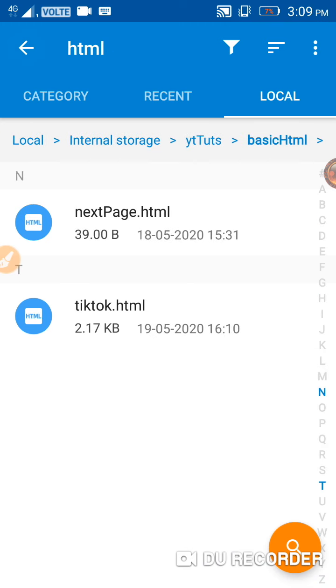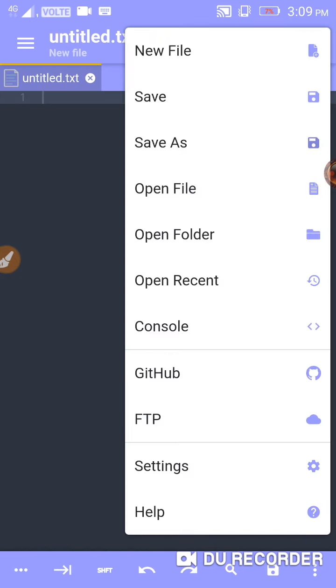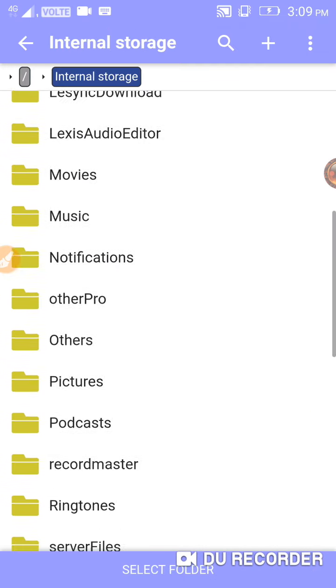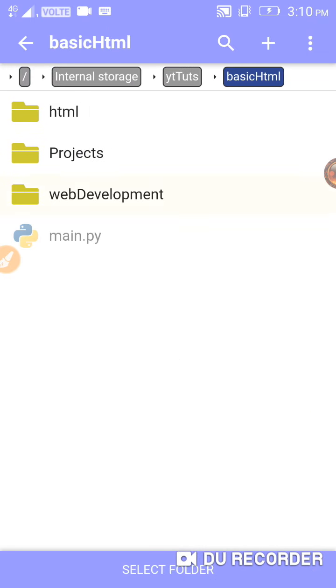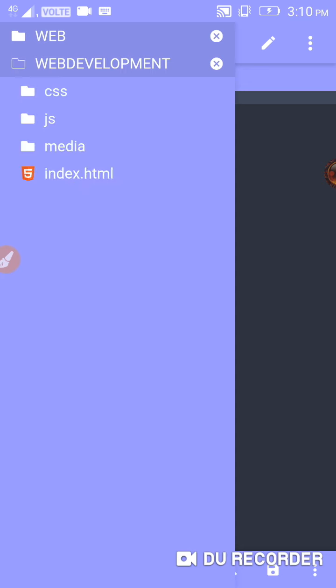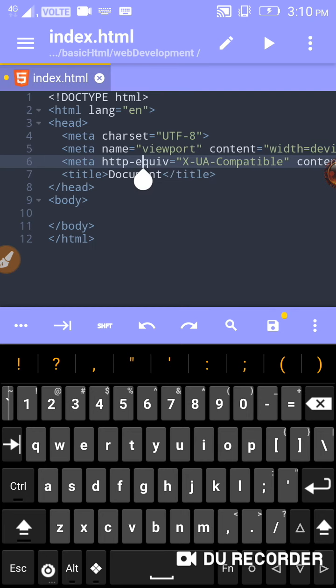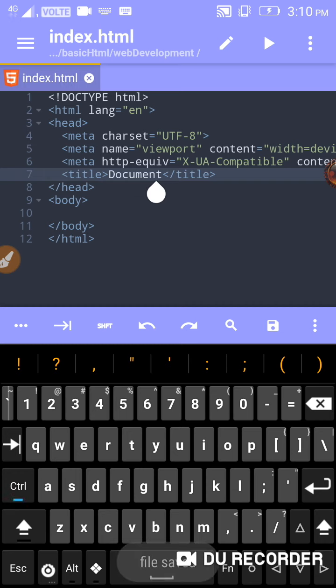Now HTML, we have another folder here. So now we have made this thing, I'm going to close this thing here. Now I'm going to open my basic web development. Here I'm going to open this folder only. Here I'm going to add my index.html, then just a here, and I'm going to select my